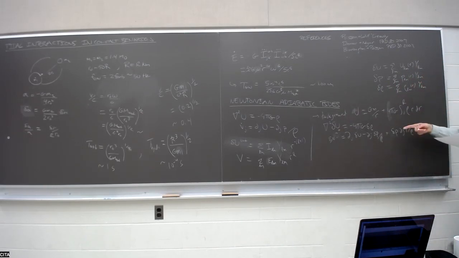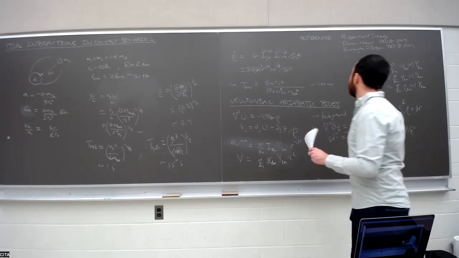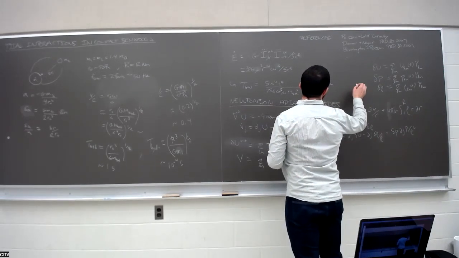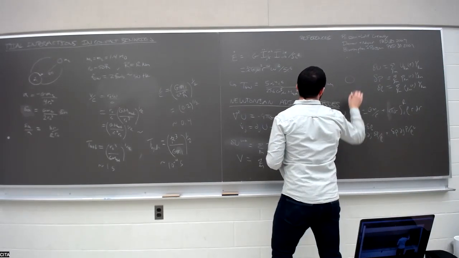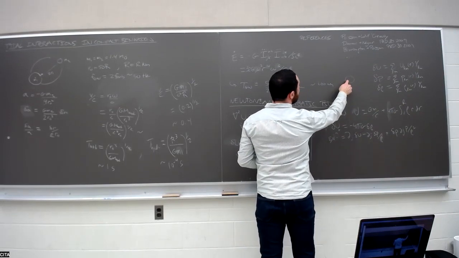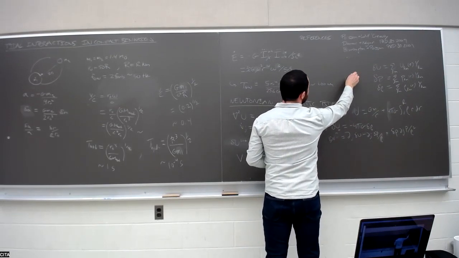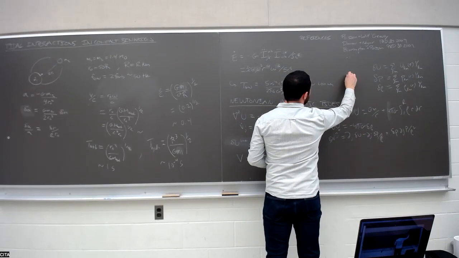And there are two equations, and so we need one other relation between delta P and delta rho. But this is supplied by basically defining a displacement vector for the perturbation. So what does this mean? If you consider some perturbation of the star, which takes you from one configuration to some new configuration,